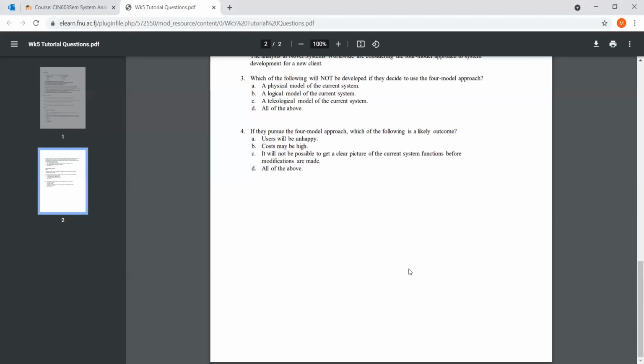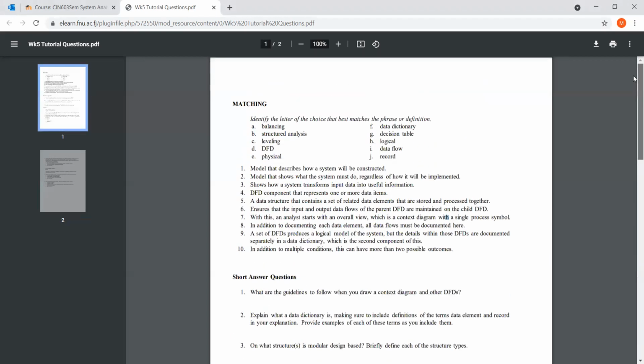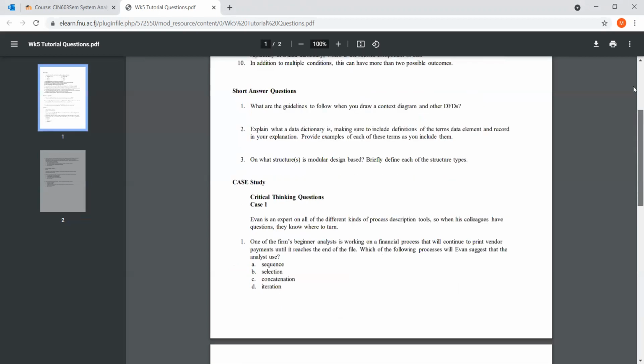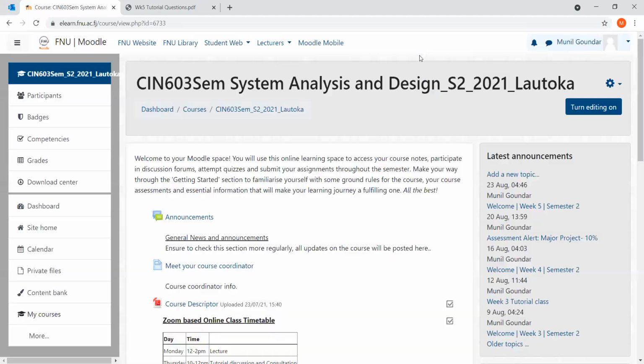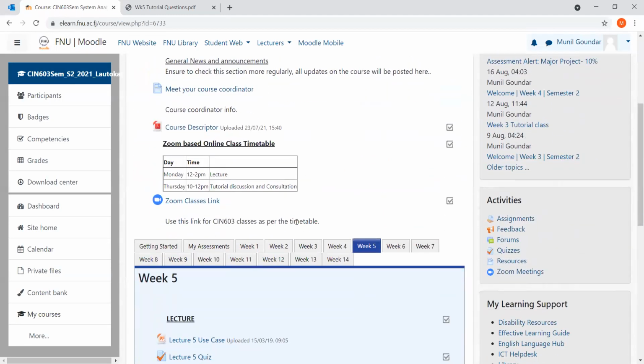Okay, so that concludes our tutorial questions for week 5. Now, just a reminder, students, you have your mid-semester exam in week 7. Start revising everything covered from week 1. The coverage will be from week 1 to week 6. So please ensure that you are able to go over all the syllabus from week 1 to week 6,